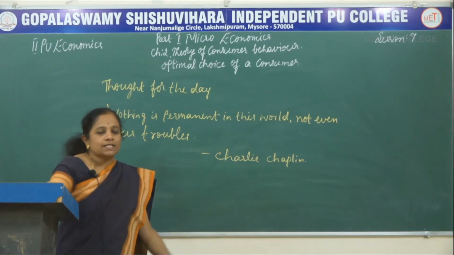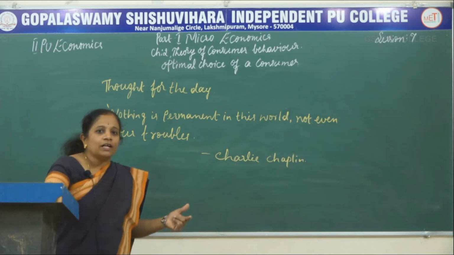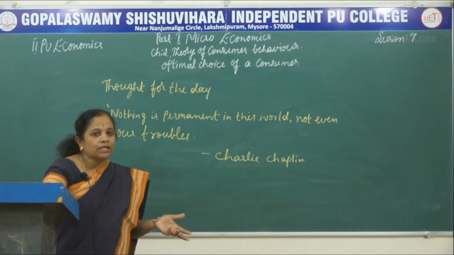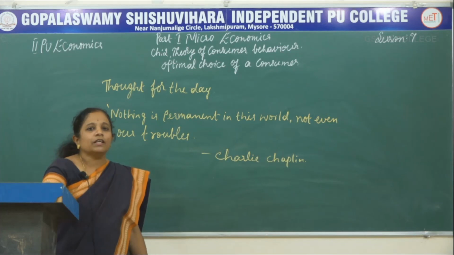Charlie Chaplin says that nothing is permanent in this world, not even our troubles. People think that if they are successful at one time or the other, then it is permanent. Even that is not permanent. Even our troubles or problems are also not permanent. Everything is temporary. As time goes by,